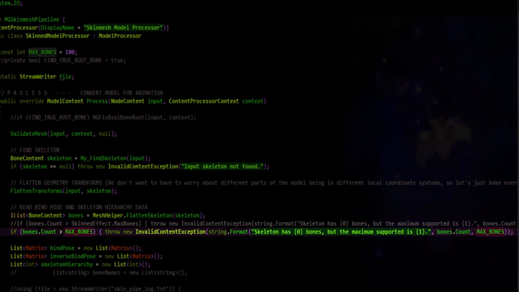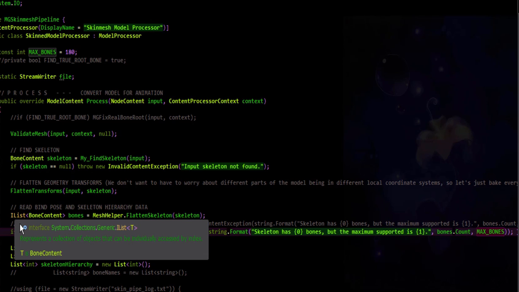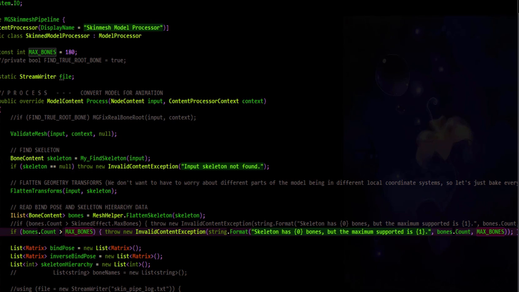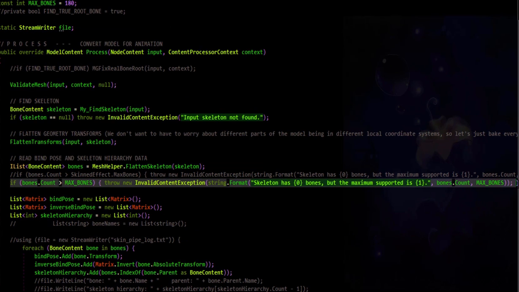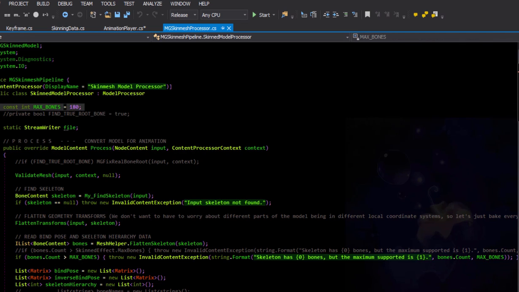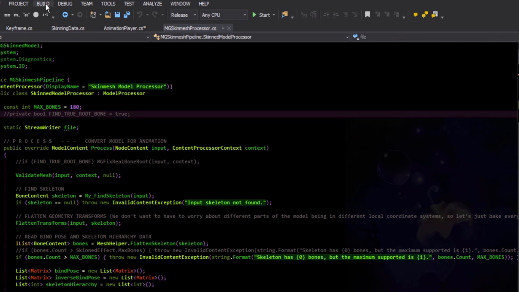Then we have to make it so that our shader and our skin mesh CS, or whatever the file is called, is going to allow us to use that many bones also. So I think this line is essentially the only line you really need to change, and just add that in there so we can do that. And we can hit build, and it'll build both projects. And we can copy those new DLLs over to the skin mesh DLL folder that we have with our project.